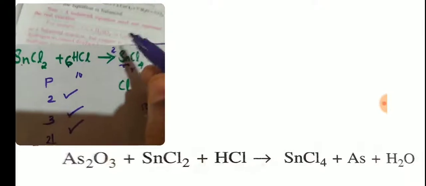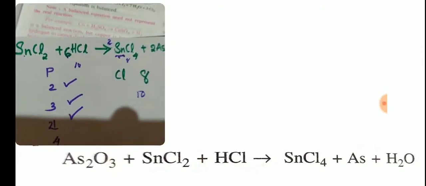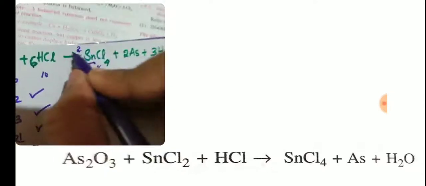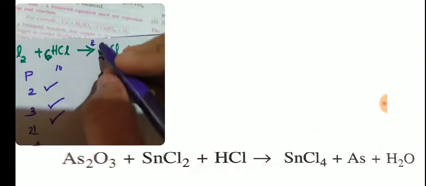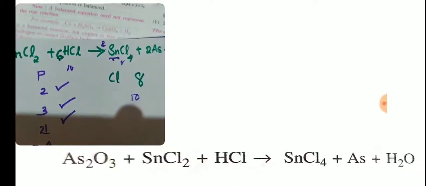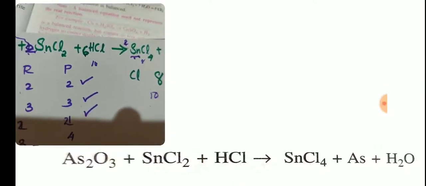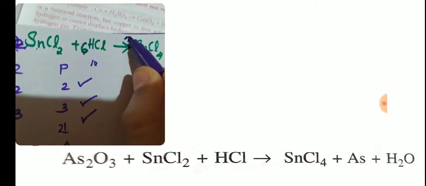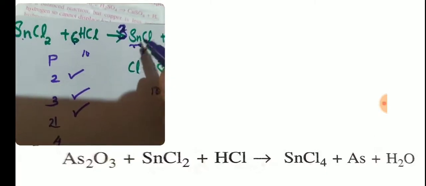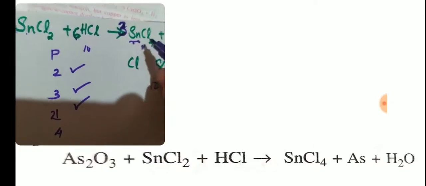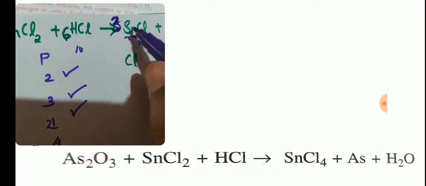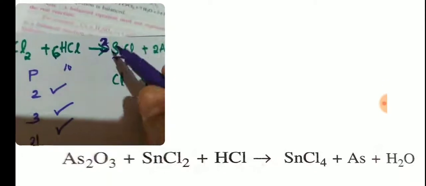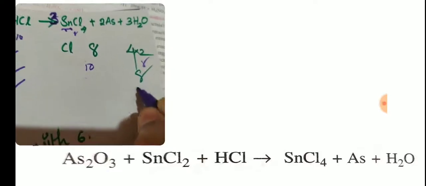So instead of 2, we take the next number after 2, which is 3. Multiplying with 3. What is our method? Trial method, no? So we are doing trial. So many trials we are doing. Next we will multiply with 3. So what will come? Multiply SnCl4 with 3. That time here chlorine 4, 3 4s are 12 chlorine came in the product side.